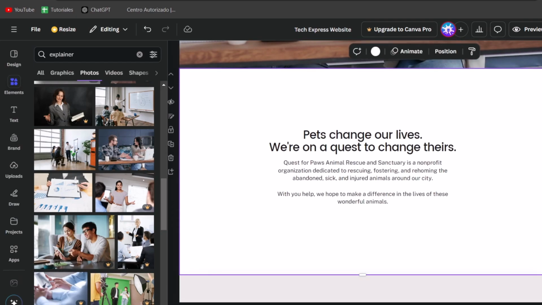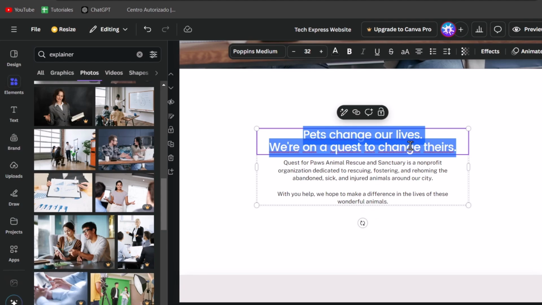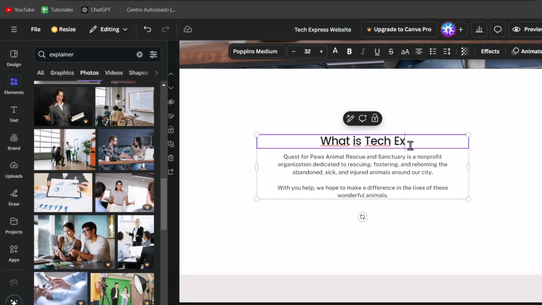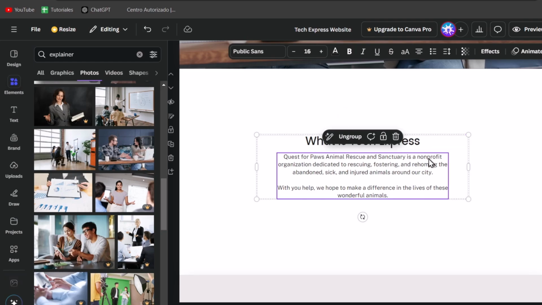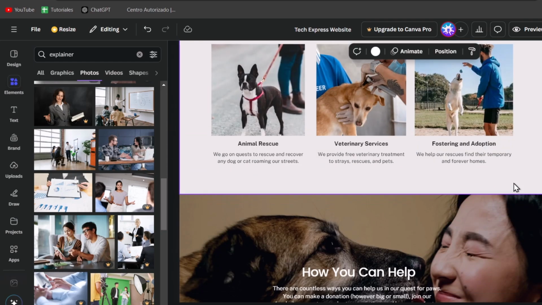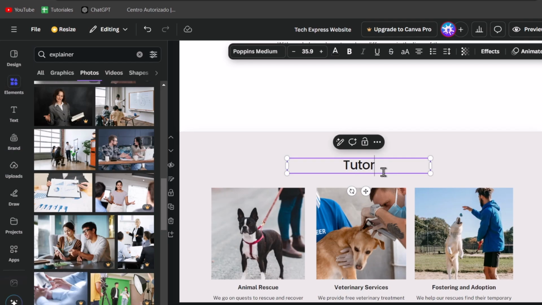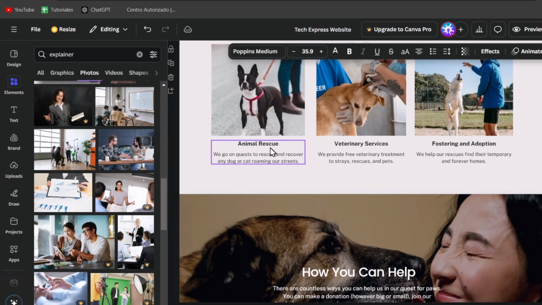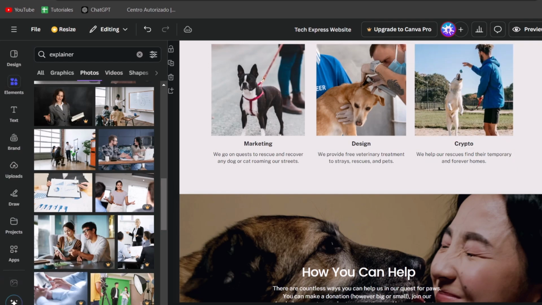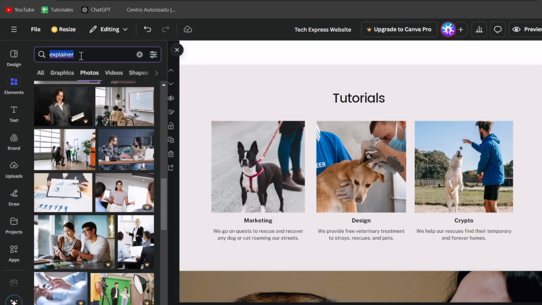Now into the second section, let's say path change in our lives. Let's go for what is Tech Express. And here I'm going to be talking a little bit about my branding. Down here, how we help, let's say tutorials. And I change this animal rescue for, let's say, marketing. I go for design. And here I'm going to go for crypto. These are our mainly tutorials,